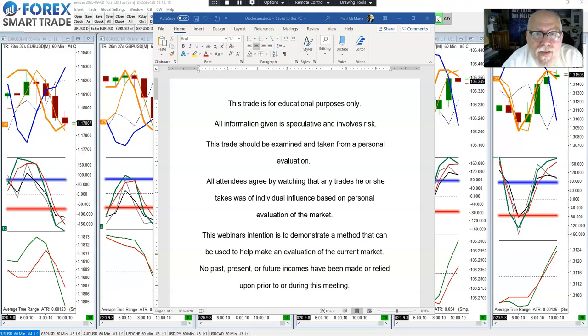Before we get into trading at Forex Smart Trade, our goal is to help you become the best version of yourself. And we do that by teaching you how to trade with our proprietary indicators and using company money. So with that, let us start